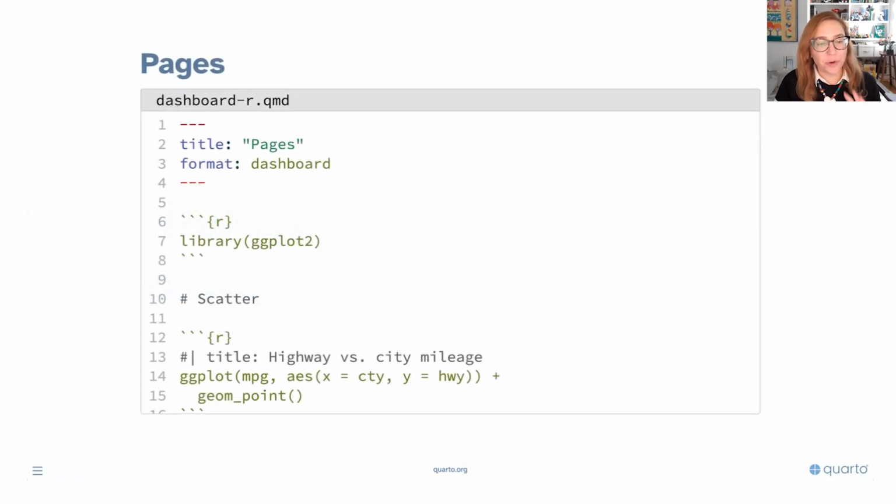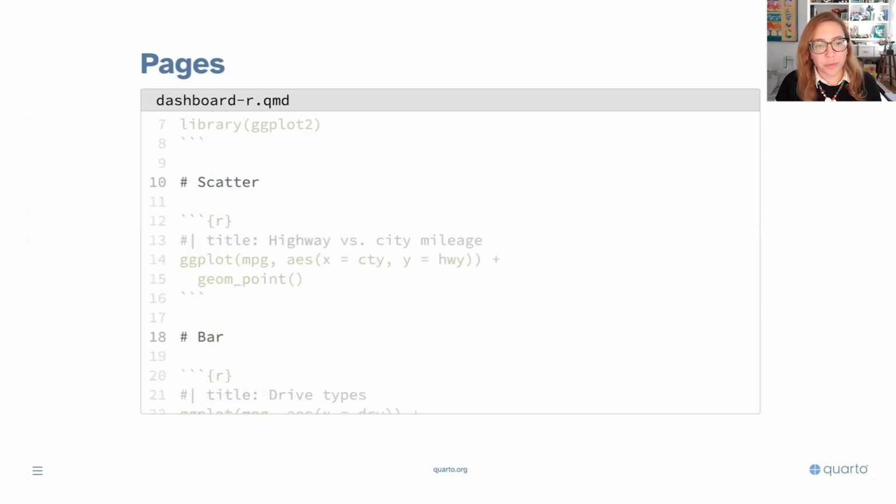So here's a dashboard in a QMD file. I have on top my YAML with a title. It's called pages, and then format dashboard, since that's all we need for a QMD file to render to a dashboard. And then we can see that we have first level headings. So one of them is called scatter and the other one is called bar.